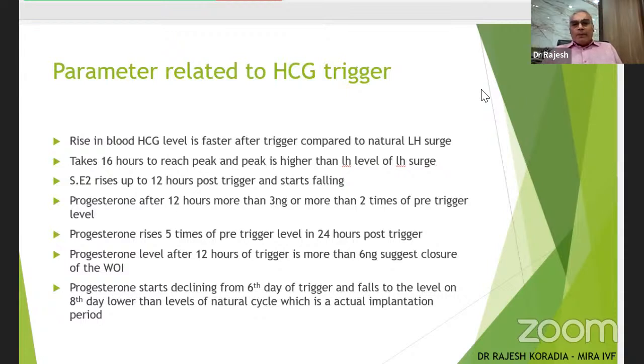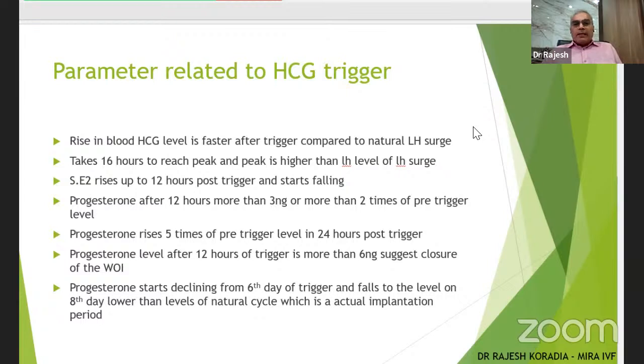The progesterone after 12 hours is more than 3 nanogram, or more than 2 times the pre-trigger level. The progesterone rises 5 times the pre-trigger level in 24 hours post-trigger. A progesterone level after 12 hours of trigger of more than 6 nanogram suggests a closure of the window of implantation. The progesterone starts declining from the 6th day of the trigger and falls to a level on the 8th day